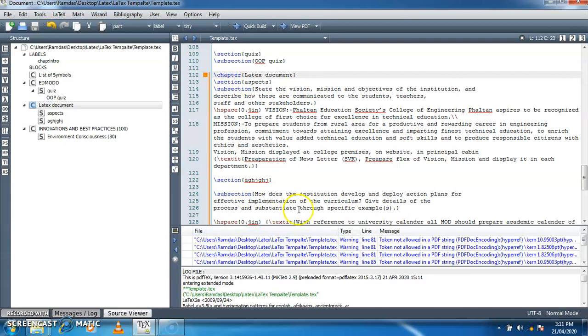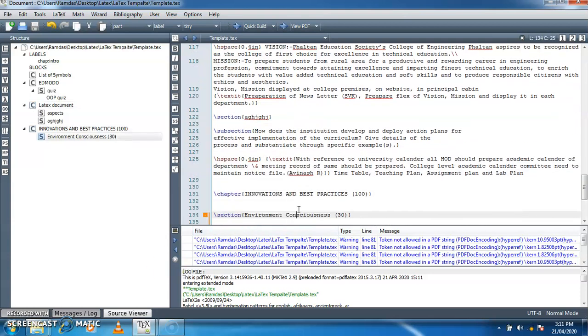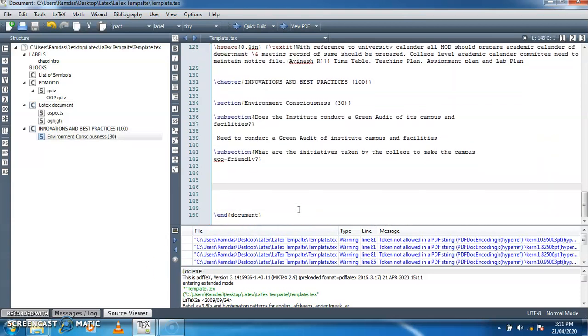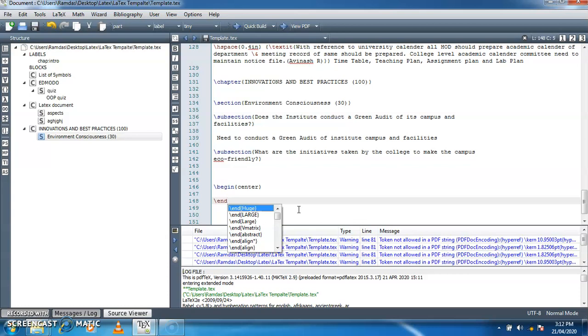Now we are going to see further commands. The next command is slash begin center, and as this is the second type of command, we need to write the end center.